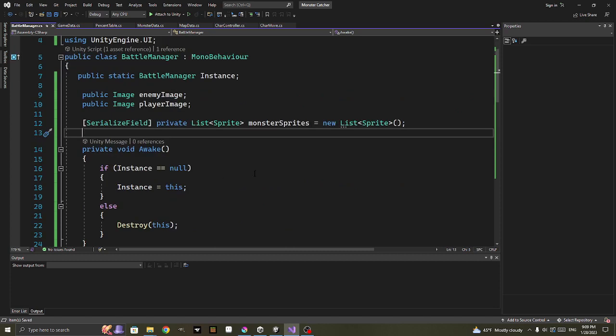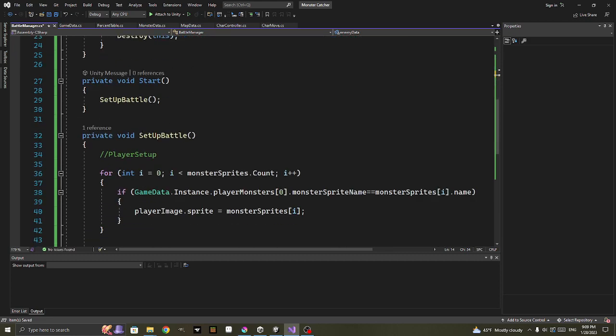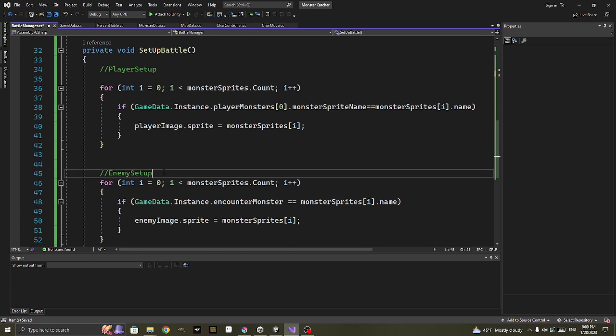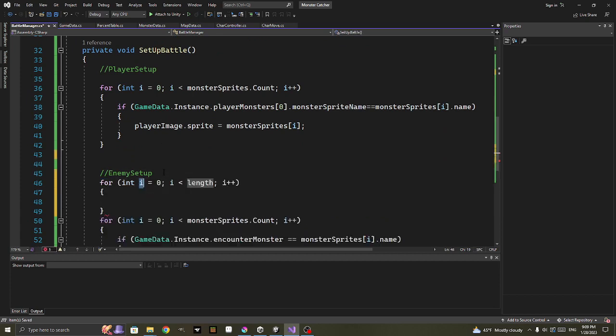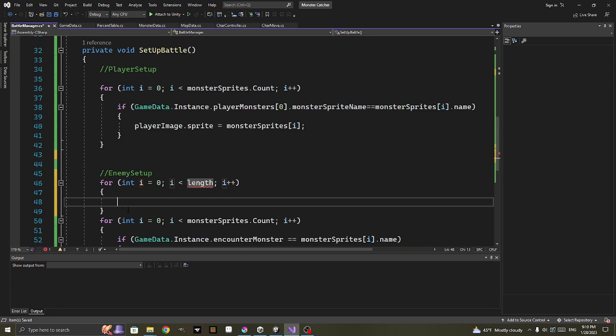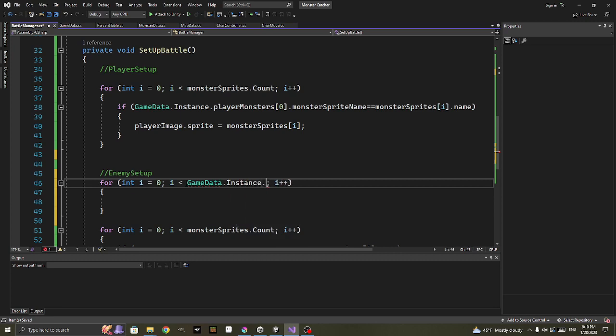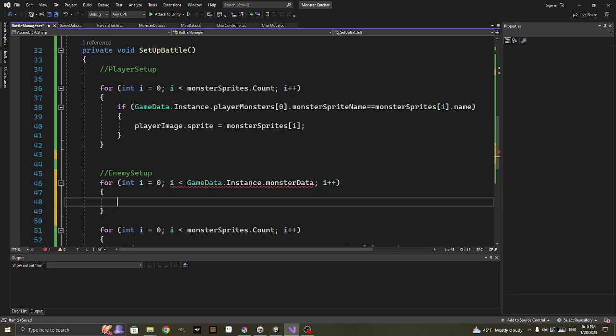Let's actually do this. We're going to do a private MonsterData, we're going to call it enemy data. And then when we set the battle, we're going to say for i is to, where am I storing all those? Monster data. So GameData.instance.monster data. So we want to loop through all these and then create